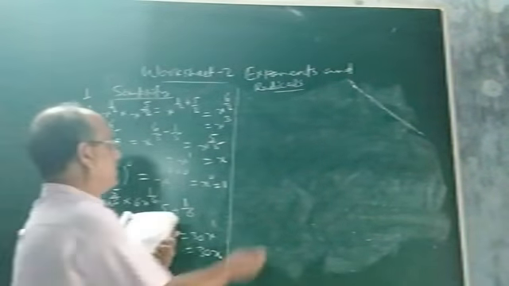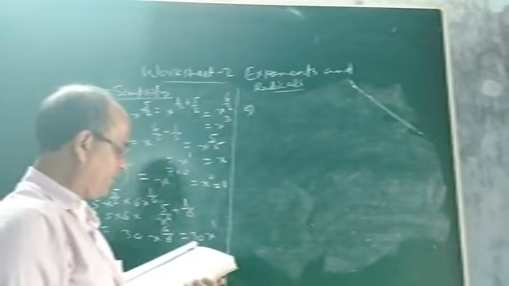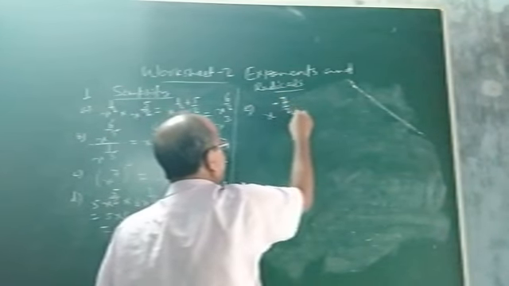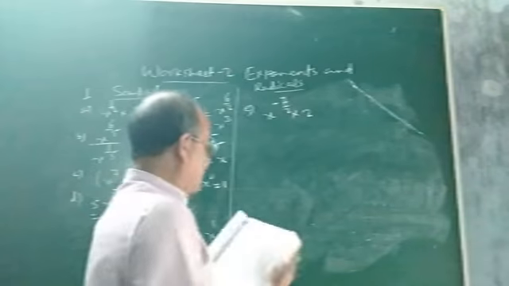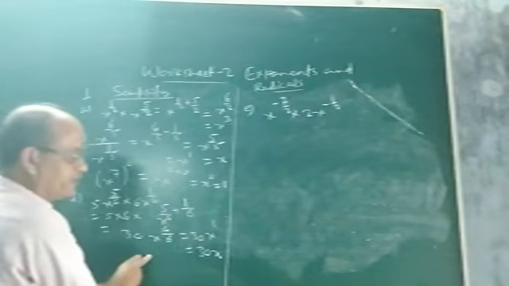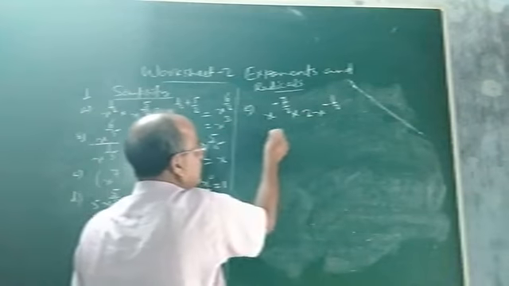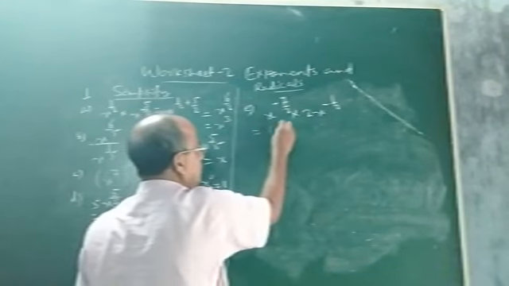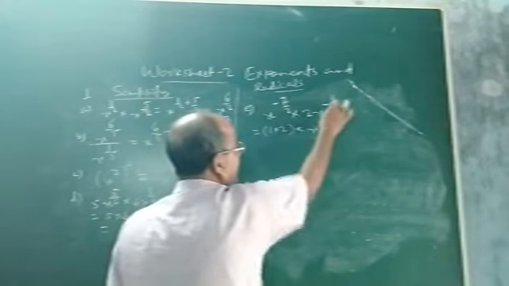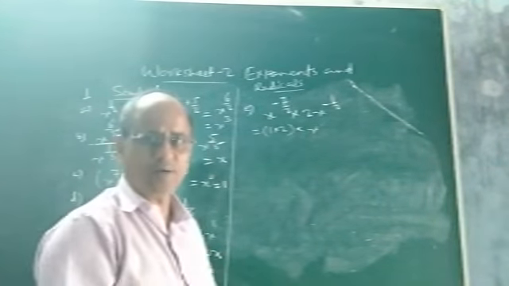Okay, now another one. What is the question? Fifth question, x to the power minus 7 by 2 into 2x to the power minus 1 by 2. It is a similar question. You see, here what is the coefficient? Nothing means 1. Here the coefficient is 2. So you multiply 1 into 2. Then this is x to the power minus 7 by 2, and here it is x to the power minus 1 by 2. Now the two terms have the same base, so their powers will be added in multiplication.